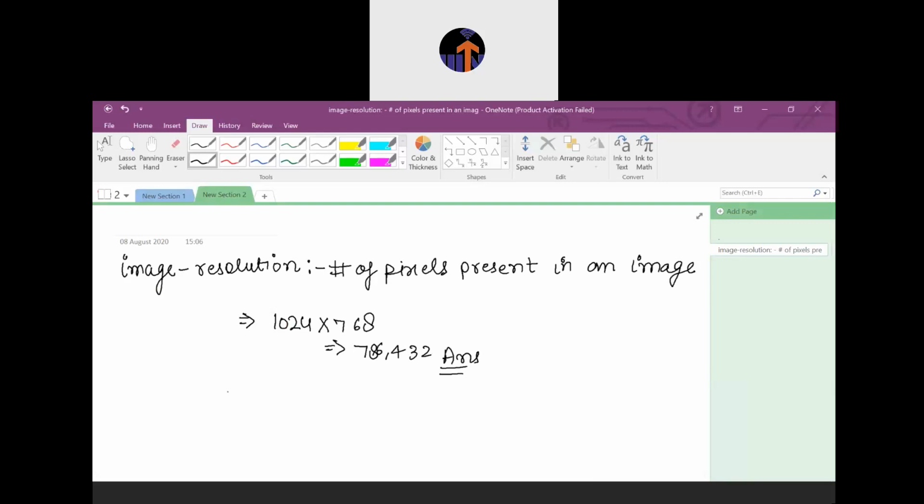So regarding this point, one thing you can write: number of pixels will be directly proportional to image resolution. Obviously, if the image resolution is high, then the number of pixels will get higher and the image quality will also be enhanced.